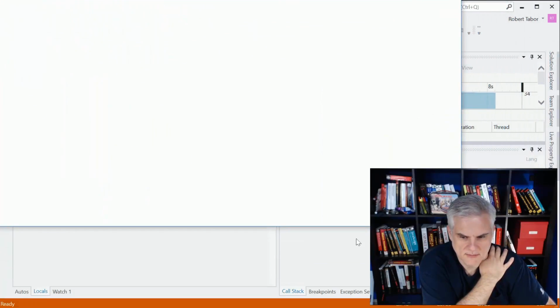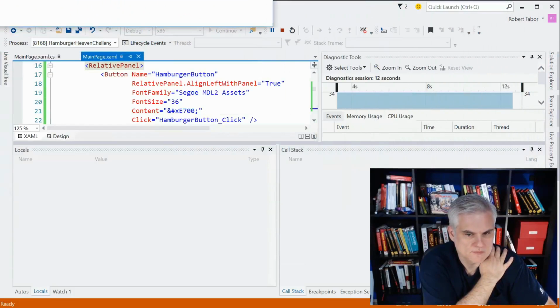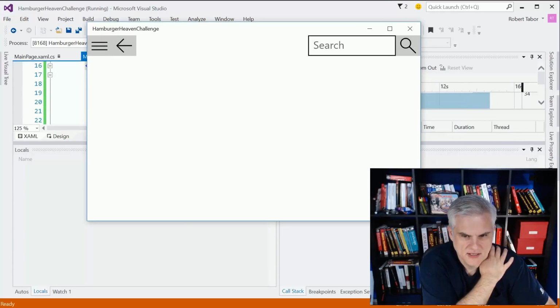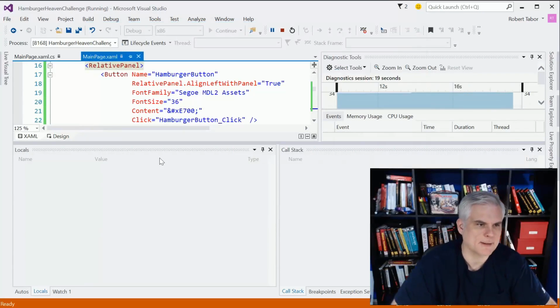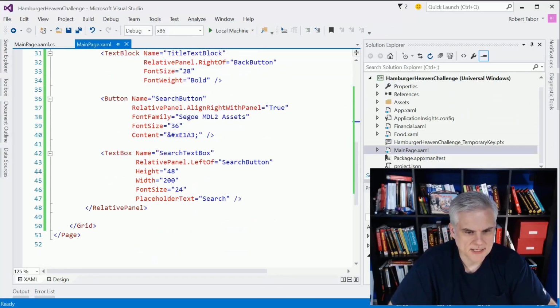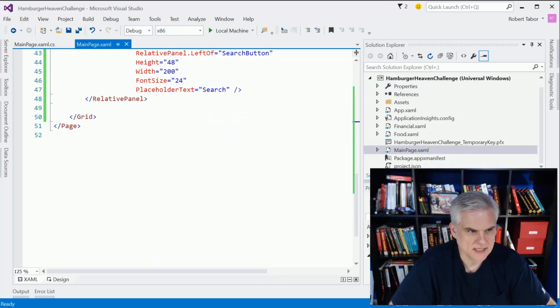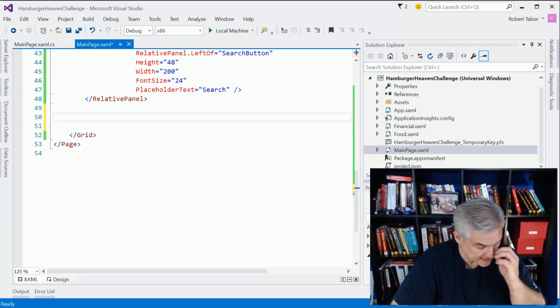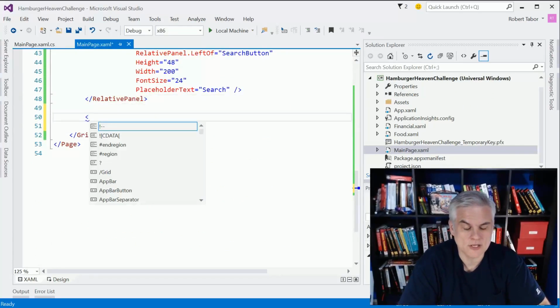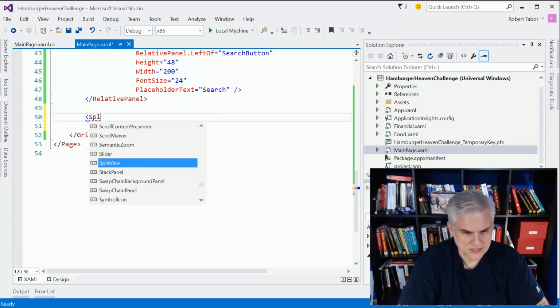Let me make it smaller here. Okay, so we got everything there lined up correctly. You don't see the text block, but it is there. Okay, great. So next up, let's handle the split view. So that's going to go right next to the relative panel. Actually going to go below it in the Row equals 1. So SplitView